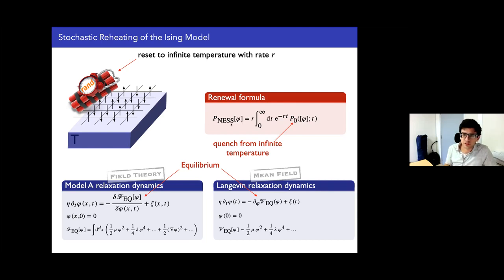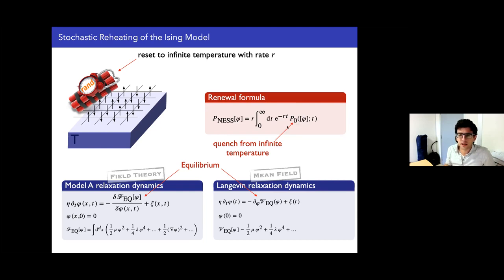here, so that's the stationary measure for our problem, and the Laplace transform of the probability distribution for the magnetization of another problem, a time-dependent problem: the problem of just a single Ising model following a quench, without any resetting, without any random reheating, right? So this physics here on the right-hand side is the physics of the Ising model after a quench from infinite temperature. That's basically the well-known physics of coarsening, which Laetitia and many other people have worked on, right? And luckily for us, we know a lot about this physics.